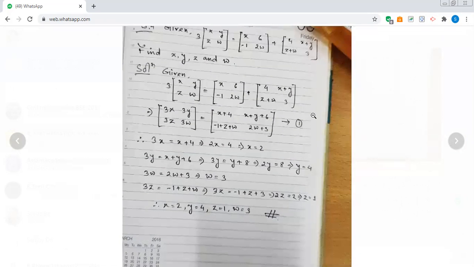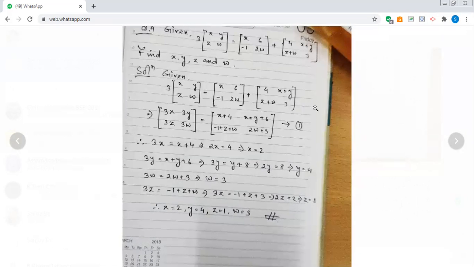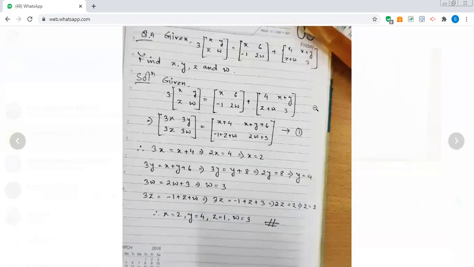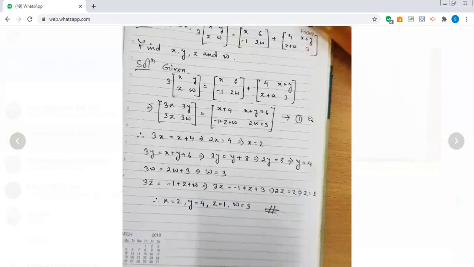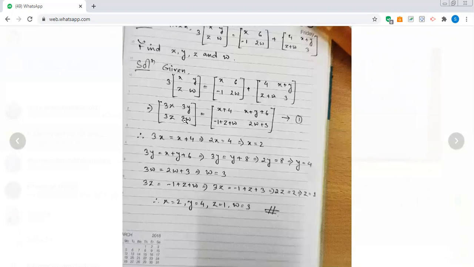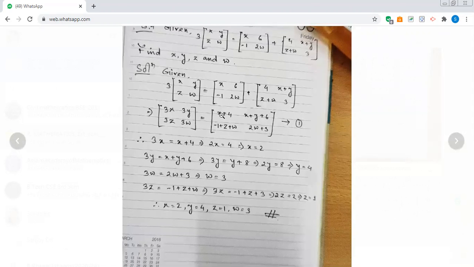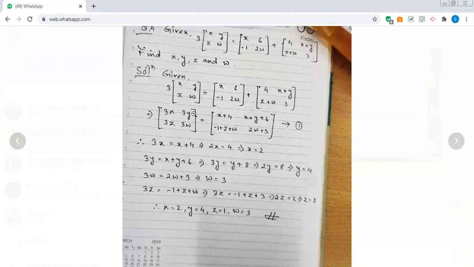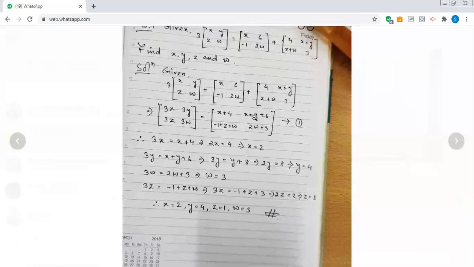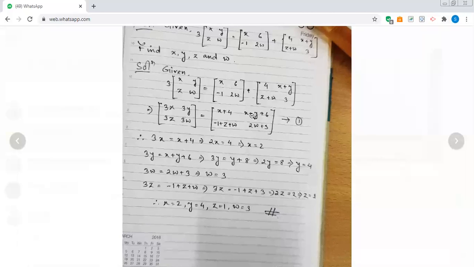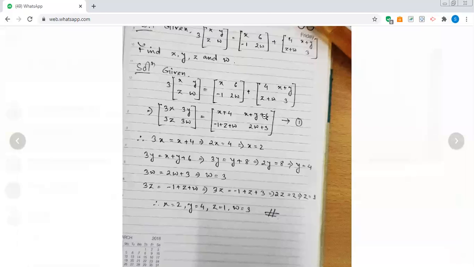Okay. So you can easily check these results by putting them in the given form. You can put them in the given equation 1, all right? If you put the values of x, y, z and w in equation 1, we want to check whether the equation is balanced or not. So what is the rule? Look here, put x equal to 2: 3 times 2 is 6. In the right hand side corresponding element, x equal to 2, 2 plus 4 is 6, so 6 equal to 6. Similarly, the value of y is 4, so 12. The value of x is 2 and the value of y is 4, so 2 plus 4 is 6, 6 plus 6 is 12.